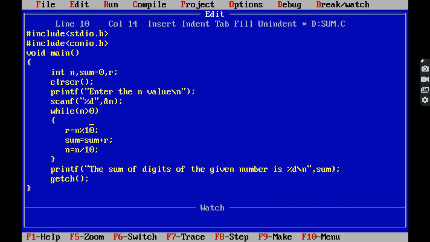Okay. Generally, any loop we take contains three parts. First one is initialization, second one is test condition, third one is update statement. In the update statement, either increment or decrement statements are there. Sometimes initialization is not there, sometimes increment or decrement is not there, only the condition is there. So in this program also only the condition is there. That condition is n greater than 0, but there is no initialization and no increment or decrement operation.